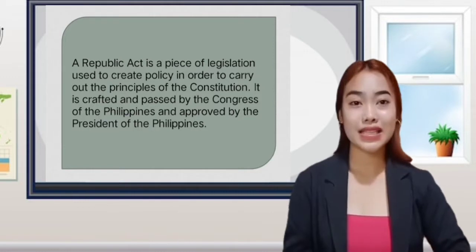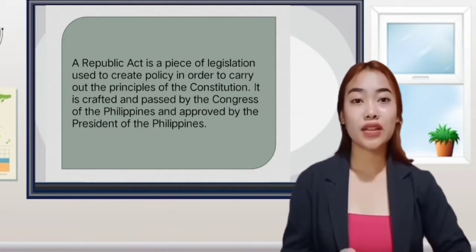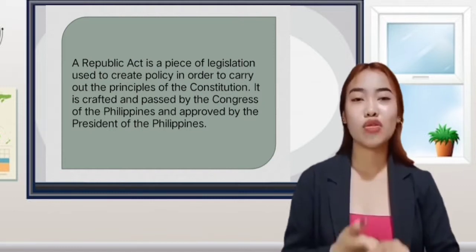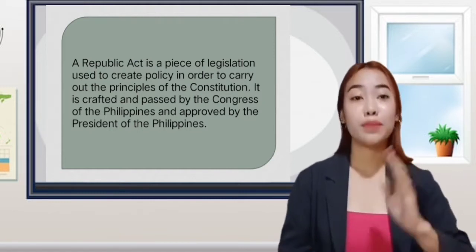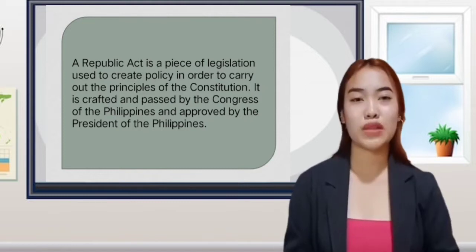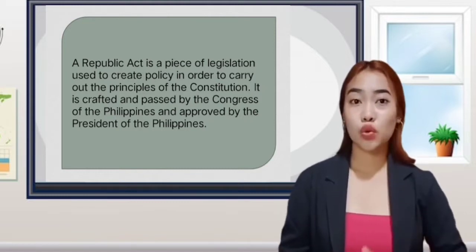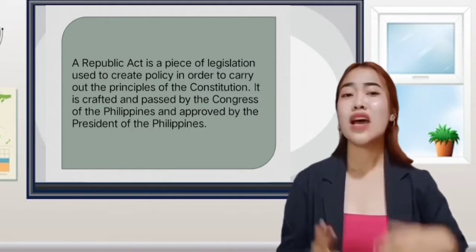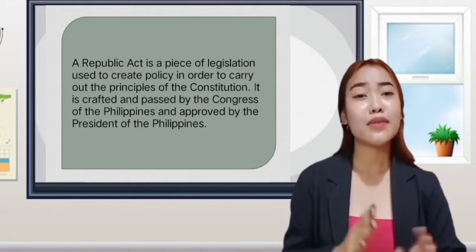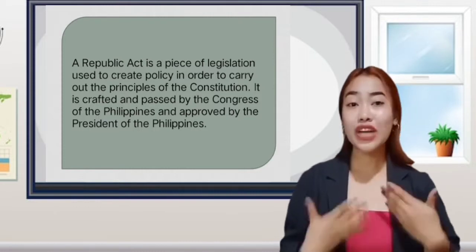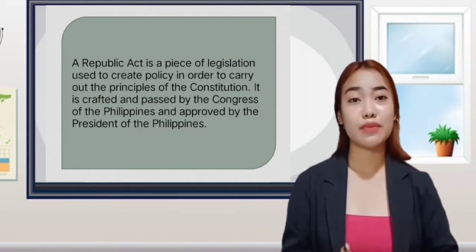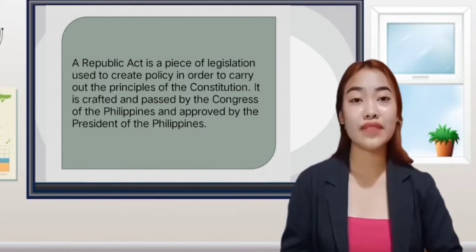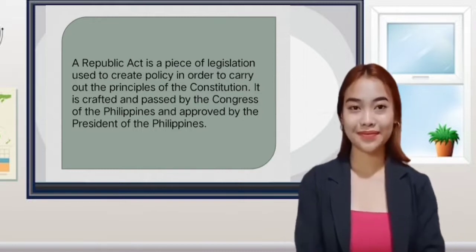Those policies are very important to our country since we are living in a democratic country. When we say democratic, it means the power is vested in the people. So it means we are free to do whatever we want. We can post whatever we want on social media and so on. And most of the time, because we are free, we abuse it. So policy is very important for us to live in harmony and peace.